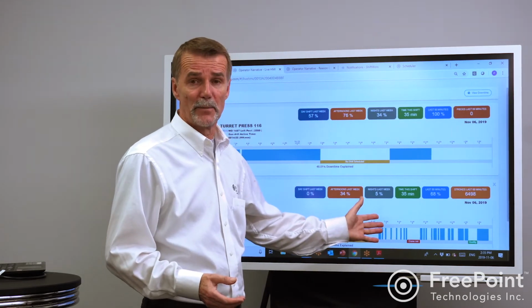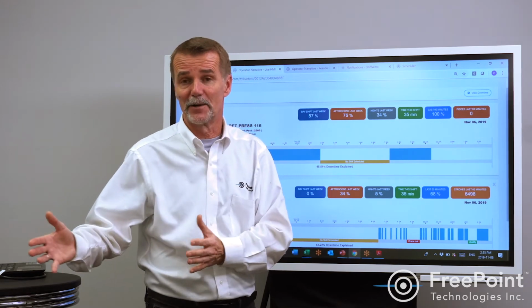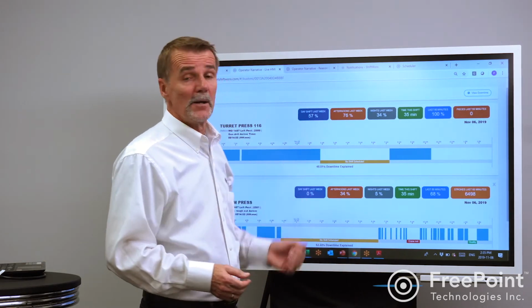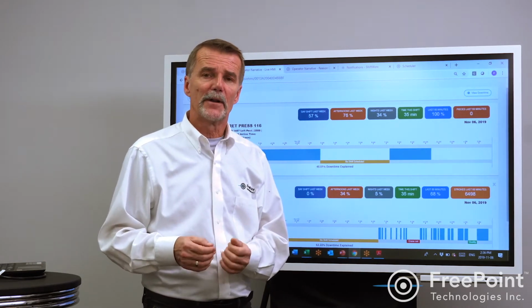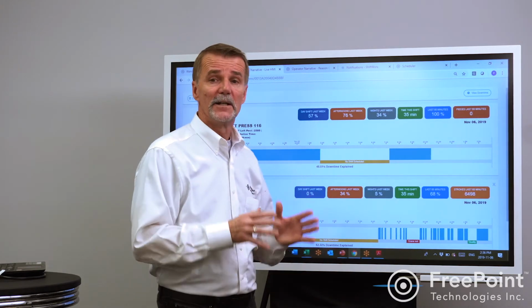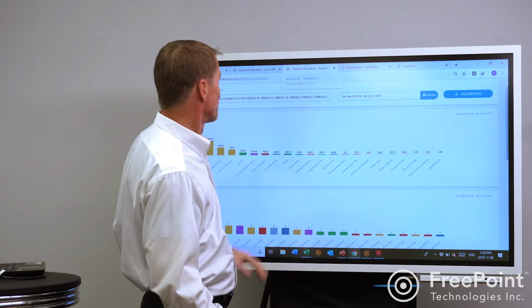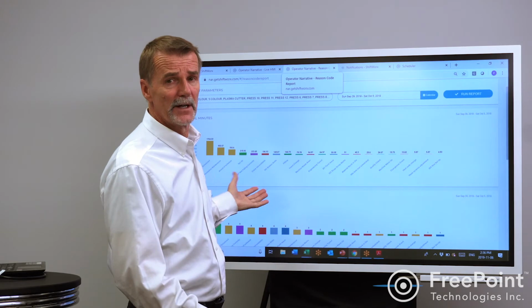The blue bar is the blue bar. It is what it is. It's not something that can be argued about. You were adding value or you weren't adding value. But now you've basically told the operator that you are not watching them, you are listening to them. The idea, if you want to engage your folks, is to collect the information, see what they're telling you, and